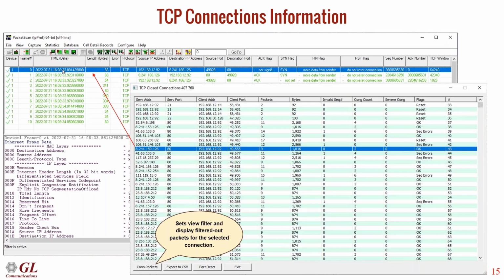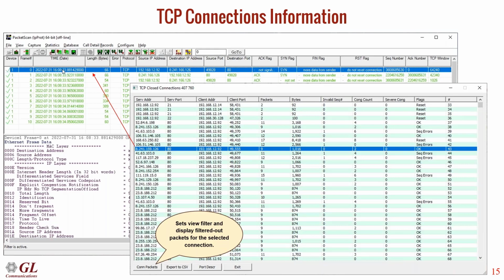If we select a line in any of the connection screens and click on connection packets, it will display only packets for